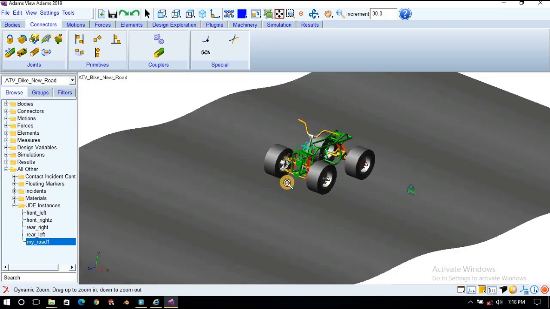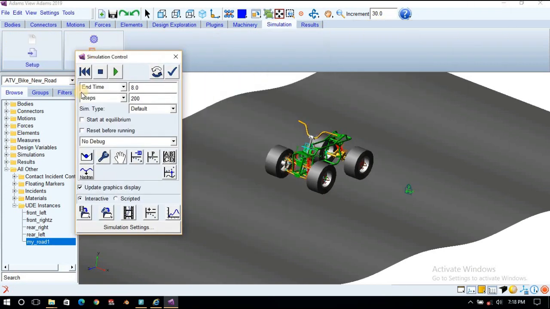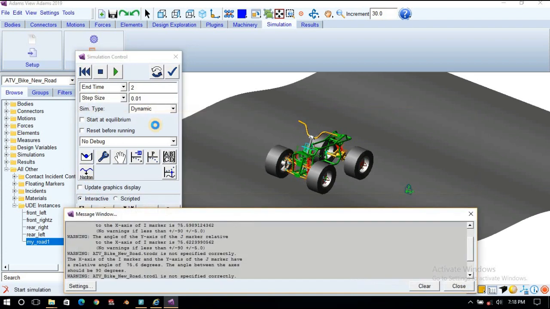So first we'll run for a few seconds. Go to the simulation tab, end time let's say 2 seconds. Go to step size as 0.01, dynamic, and don't choose update graphics, and run it.